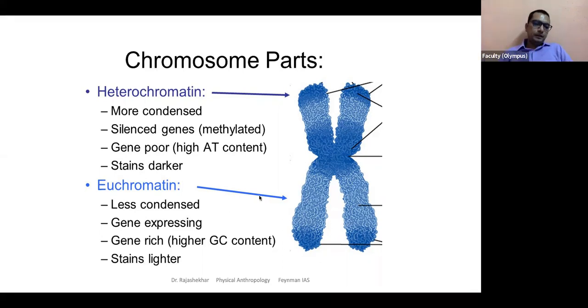Okay. So euchromatin and heterochromatin. Just be familiar in case you happen to use these terms, that is enough. I don't think they would ask anything specific on this, but I want to introduce these concepts to you mainly to understand the banding pattern in the next slide. Otherwise, we don't need to write anything special related to that. In the syllabus, we don't have anything specific to this, only for understanding some of the steps in the method that we are discussing here. So that is enough. Otherwise, silenced genes, methylated genes, gene poor, gene rich may make it a bit complex for you.